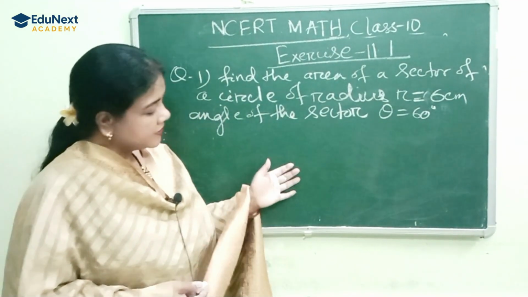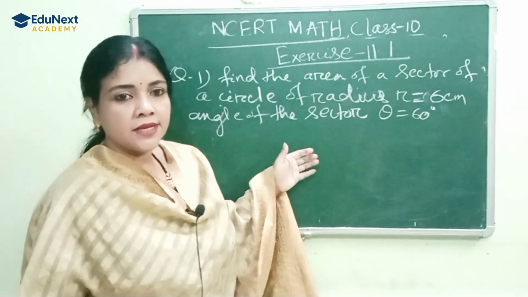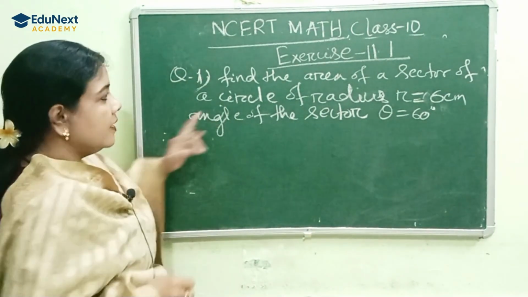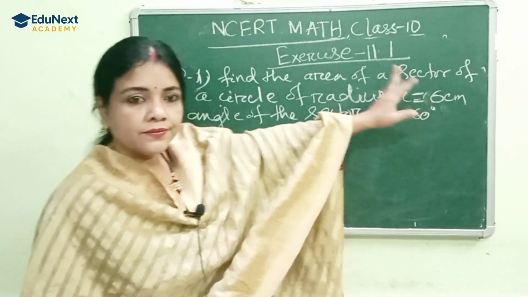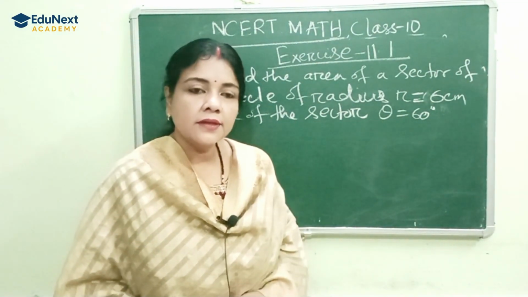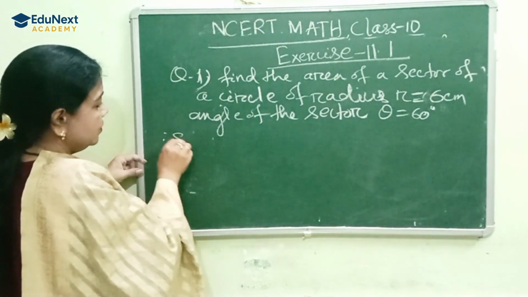Now let us discuss this question. This question belongs to your exercise 11.1. Question 1 is given: find the area of a sector of a circle of radius r equal to 6 cm, where the angle of the sector is 60 degrees. Very easy. So the solution is